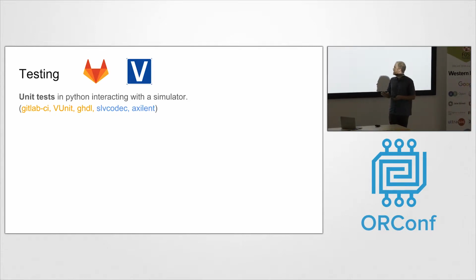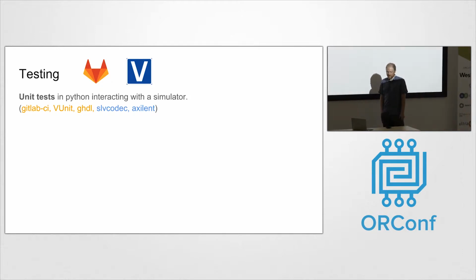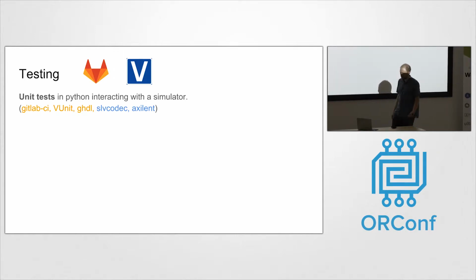So you can kind of abuse it by hooking in a pre-hook that generates your input file, and a post-hook that analyzes your output file. As long as you can deal with having your Python tests not be interactive, so the inputs don't depend on the outputs, then you can make it work. Then we're using VHDL for the simulations. slvcodec is a package that we have to generate these file-based test benches. And then axilent is another package,